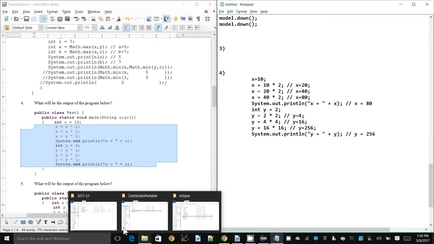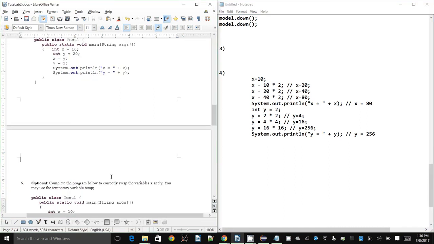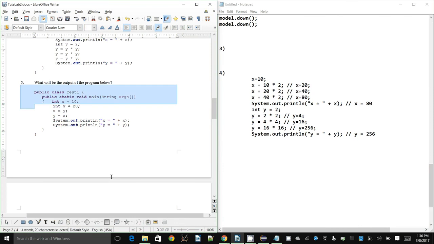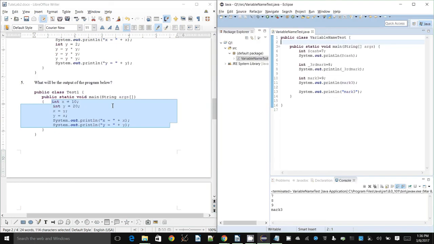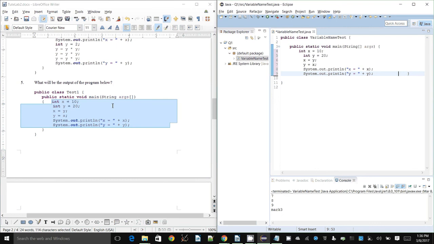Let's move on to question 5. What will be the output of the program below? Essentially what we're doing is, now I want to show this because it's useful for other stuff also. I'm going to get rid of this. Alright, so